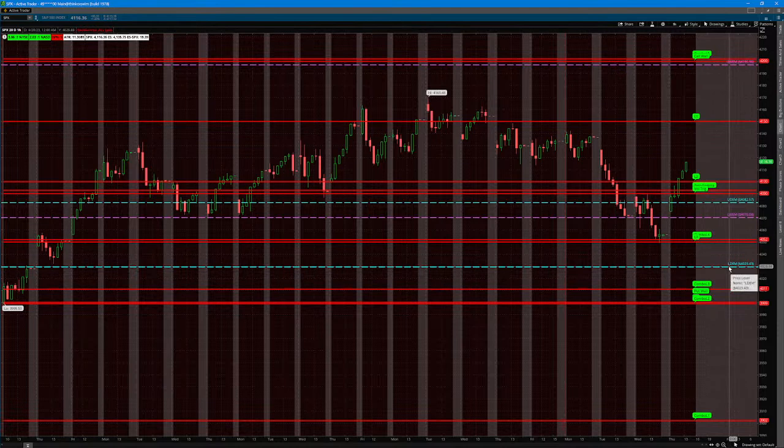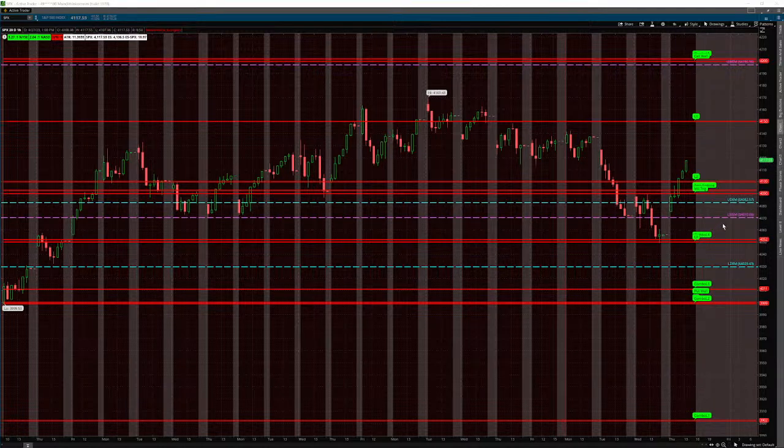The dashed blue lines are the lower and upper expected move for the day, and this is based on the close yesterday. And note that SPX is trading well above the lower edge of the expected move for the day. And then the purple dashed lines are the lower and upper edge of the weekly expected move. And yesterday, SPX did trade down below that level and now opened up, gapped up above that level, and is trading higher.